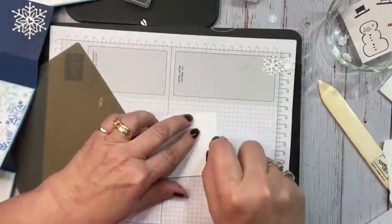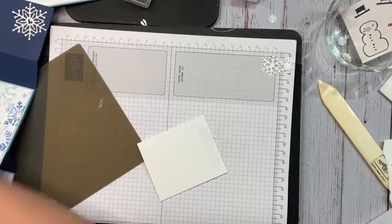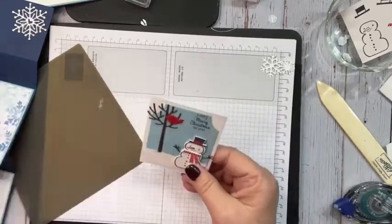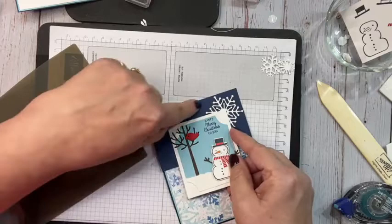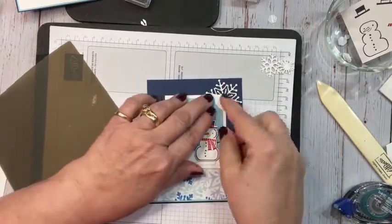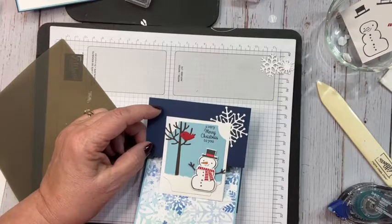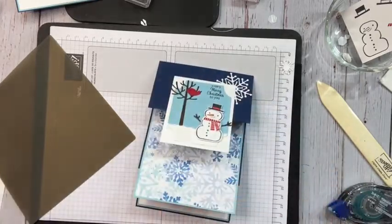So I'm going to come back over here. I knew I was going to run out of tape, so give me a second. Okay. I'm going to put that up here where it still covers that adhesive, and I'm looking to see that the three sides are all even. And then I haven't got any adhesive here. Okay, and then I've got 3 little snowman pieces to put on here,